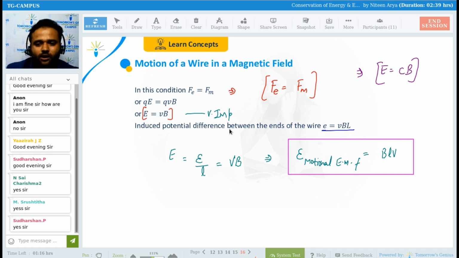Due to the motion of either a coil or a simple wire, it is going to be generated. In simple wires it is going to be generated. There is no need to take a coil always. That is the main thing here, stating everything. Is this clear, beta? Good.